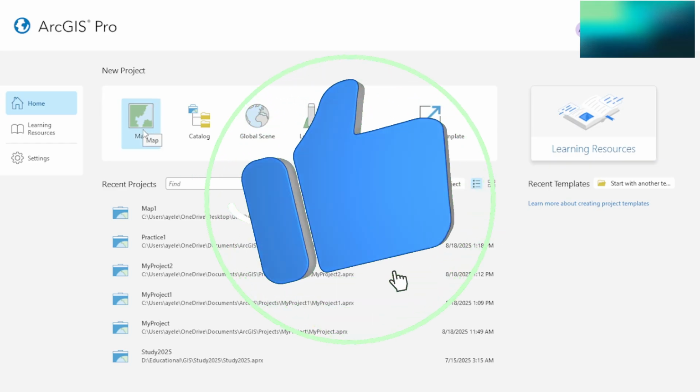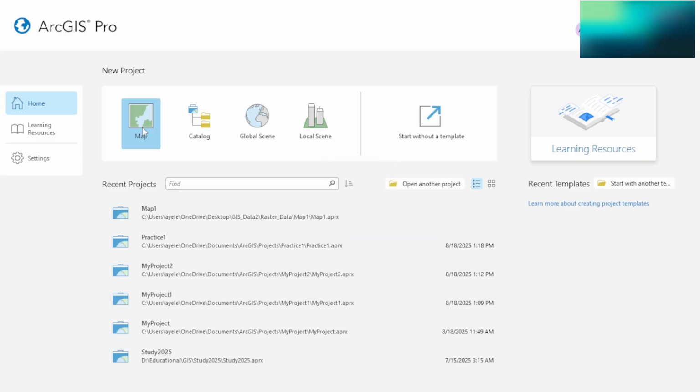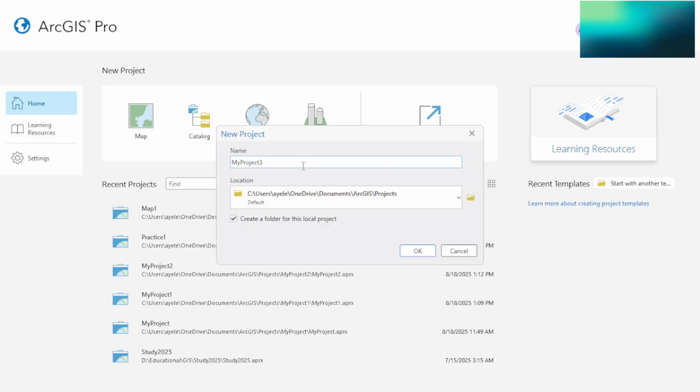Now I can create my project on the map. Okay, now you can assign the name for your project, Tutor. And in the same way you can assign the location name, or you can select your location or workspace by clicking on the browser, or you can use the default ArcGIS project location.